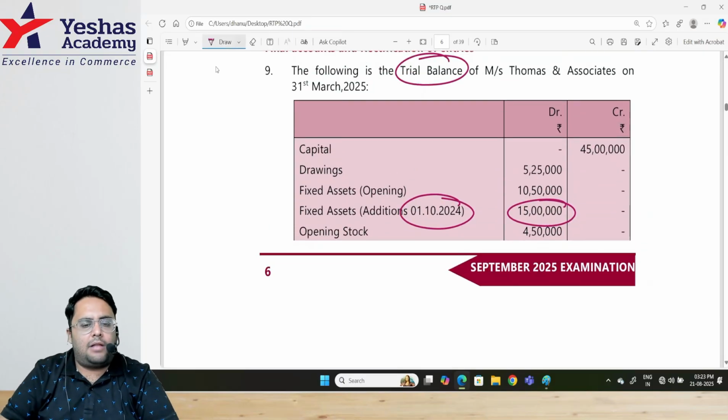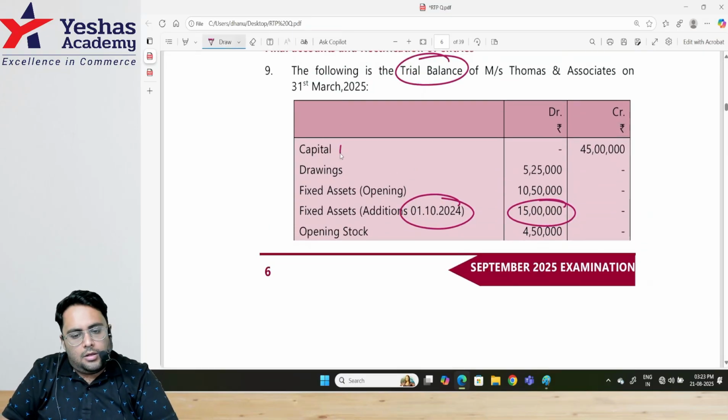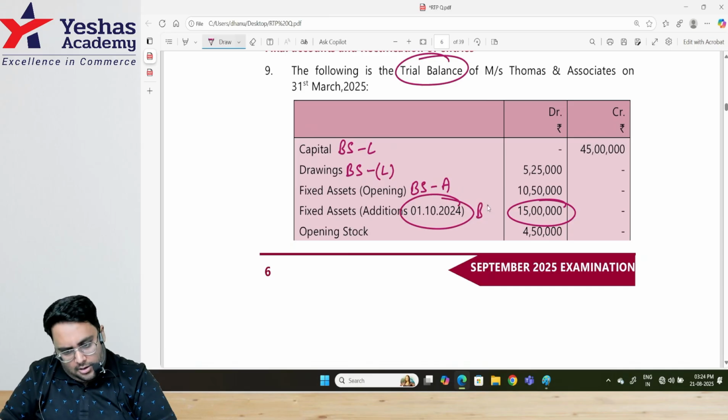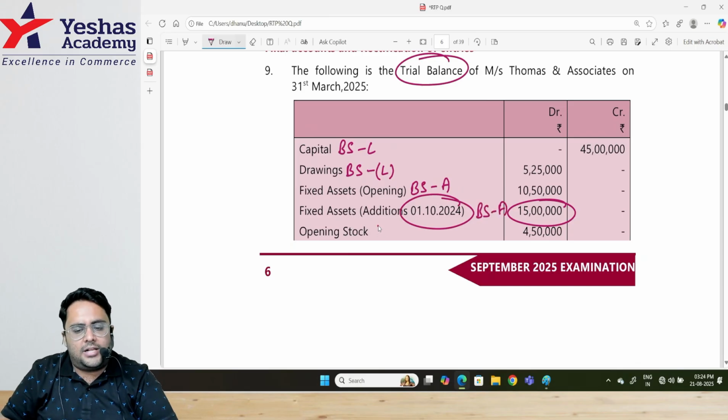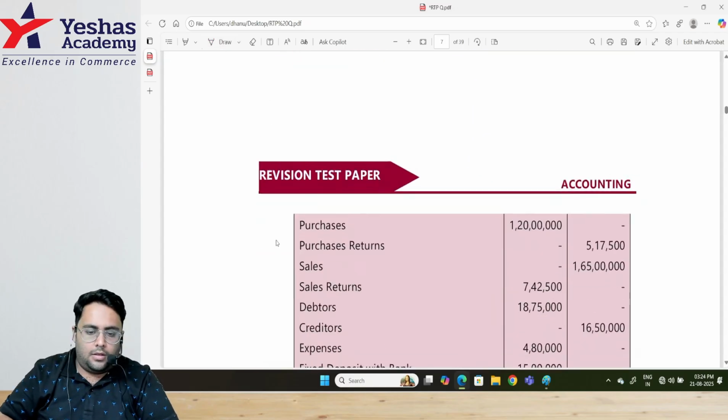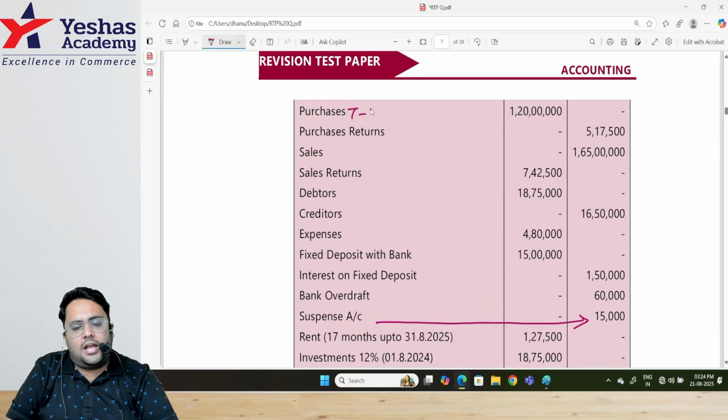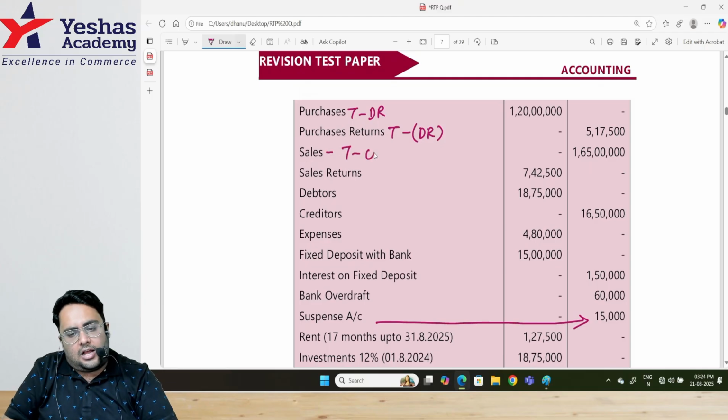What about the items in the trial balance? Where to record? Capital, balance sheet, liabilities side. Drawings, balance sheet, liabilities side, deduct. Fixed assets, balance sheet, asset side. Addition to fixed asset, balance sheet, asset side. Opening stock, trading account, debit side. Purchases, trading account, debit side. Purchase return, trading account, debit side, deduct. Sales, trading account, credit side. Sales return, trading